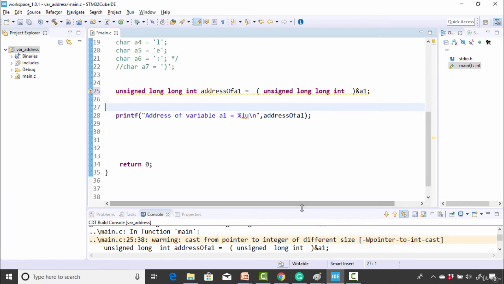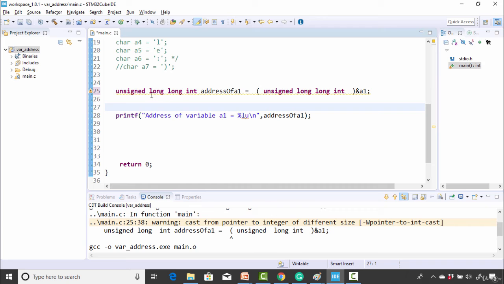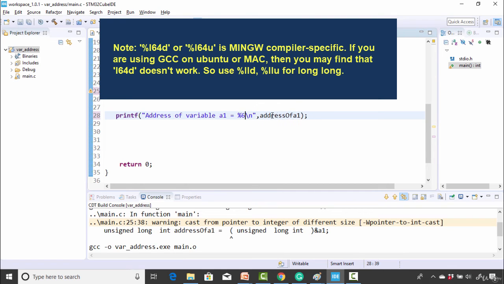Long long size is actually 8 bytes, isn't it? Now it is fine. And in order to print long long data, you have to use the I64 format specifier. Just use I64. Basically, you can also use LLD or LLU. LLD is for long long integer.